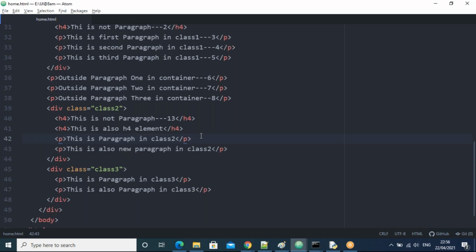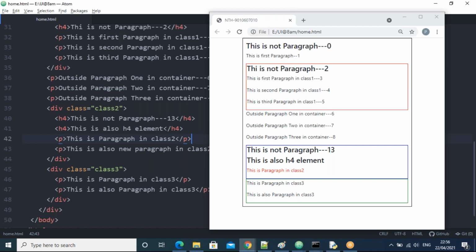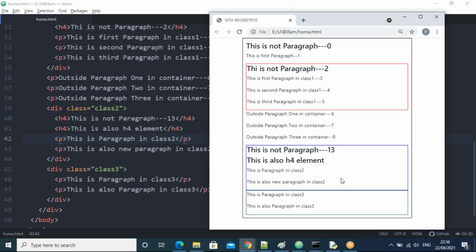Nothing will select, guys. Now I save this, go here, and refresh. See, again it is not selecting here. Is it all clear? Then tell me, what is happening here?